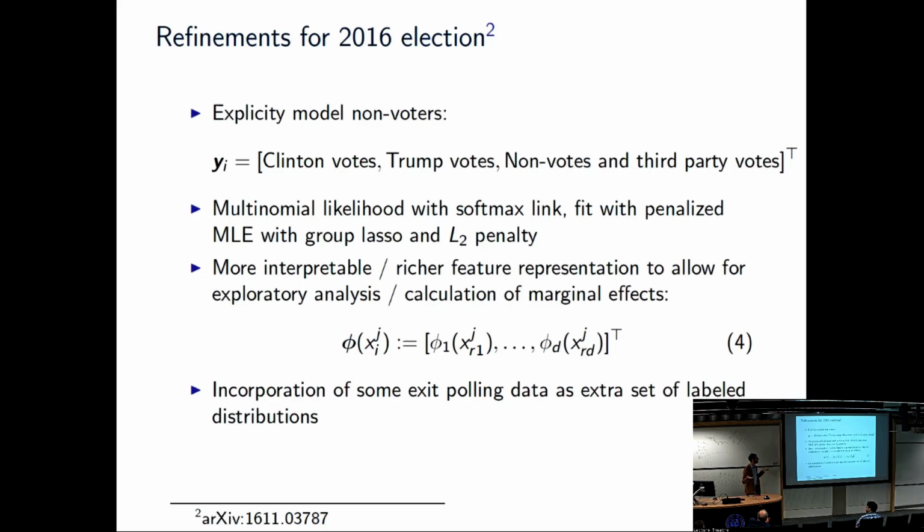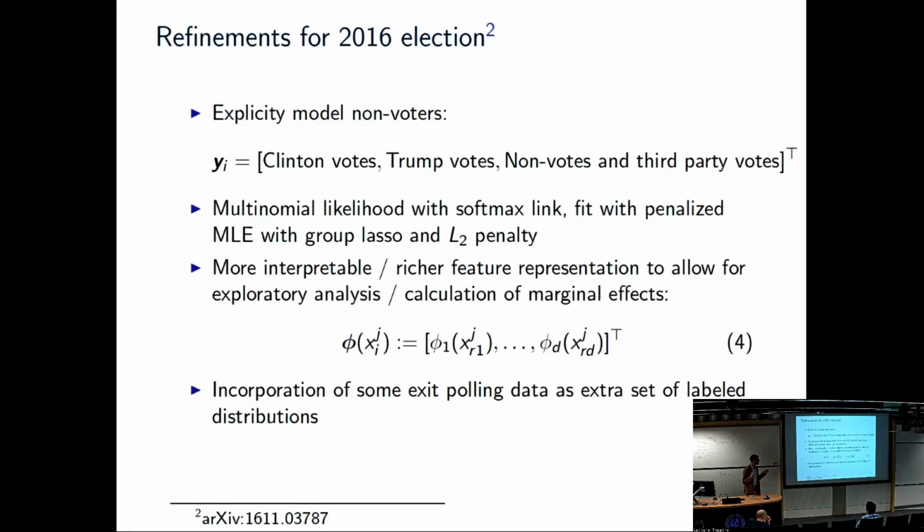Well, maybe you already know about this. There are generalizations of logistic regression to higher dimensions. Multinomial regression has other names, but that's what we use. Details about features and stuff: we wanted things to be a little more interpretable. One of the problems with all of this is that there's very little interpretability. It's like the definition of a black box model. And so we wanted things where we had some chance of being able to say this feature is more important than this feature.